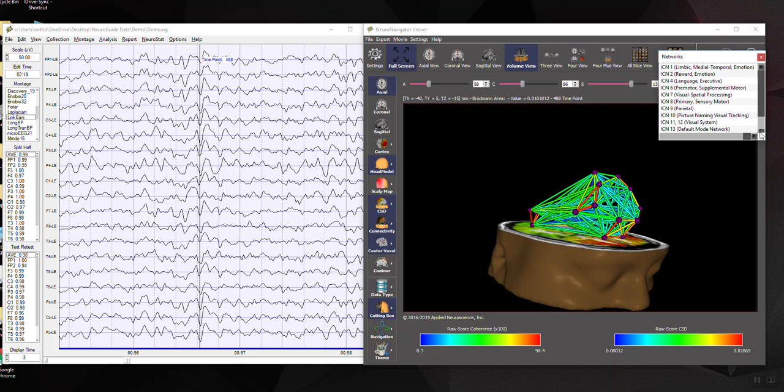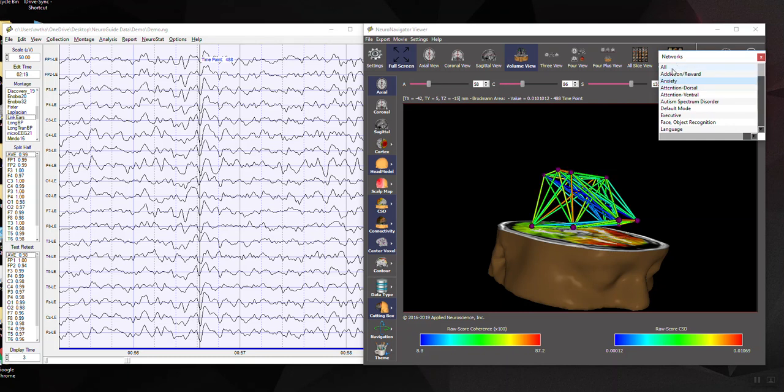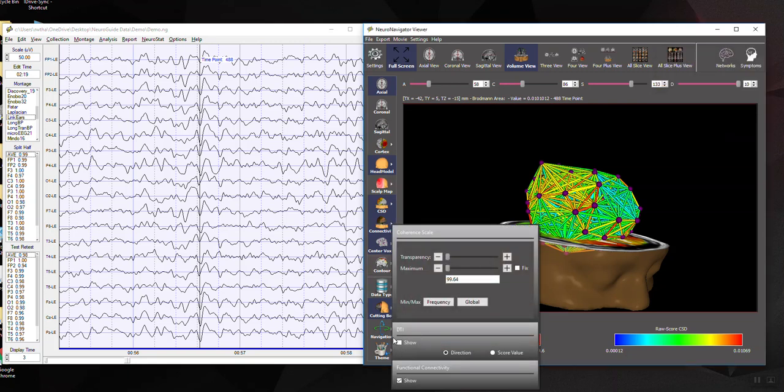Involving 30,000 PET scans and functional MRI. That's all summarized in the Handbook of Quantitative EEG and EEG Biofeedback, or if one wants, you can do a Google search and learn about all these things. Again, you can look at all of the networks, of course. We can also look at the